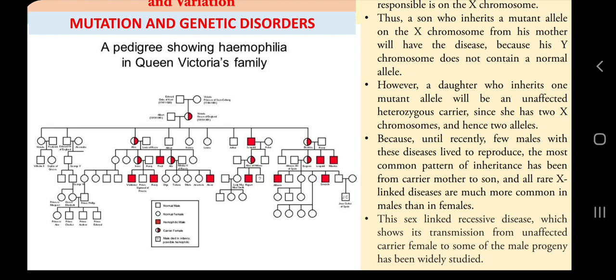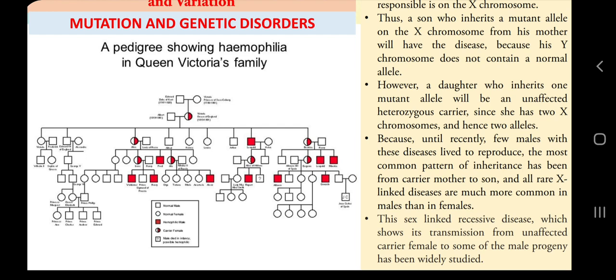the carrier females, which are not showing the phenotype but carry one gene on one X chromosome for hemophilia, without knowing can marry anyone. Then if their male child gets that one X chromosome from its mother, it will show the phenotype. Because if a normal man marries a female who appears normal but has one X chromosome affected with hemophilia, their children will never have hemophilia unless their male child gets that gene from their mother.